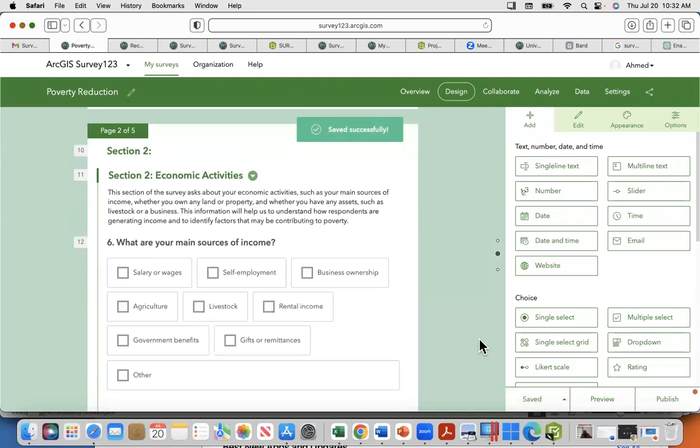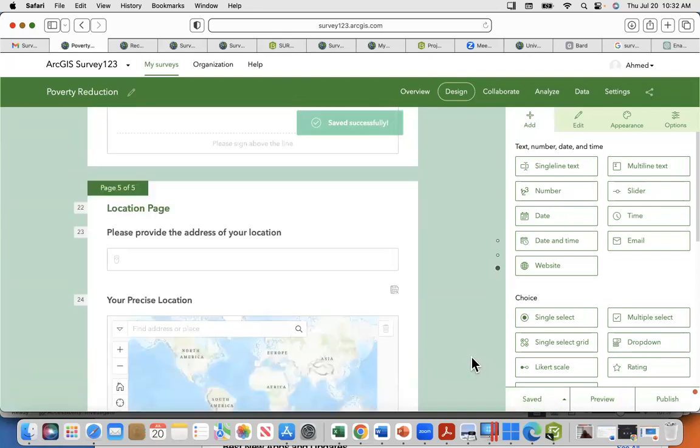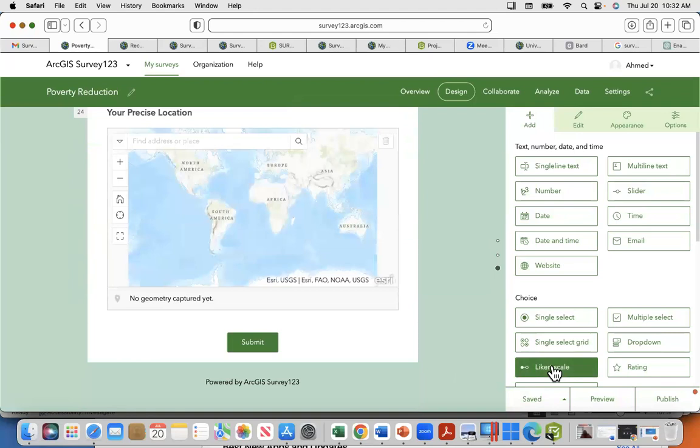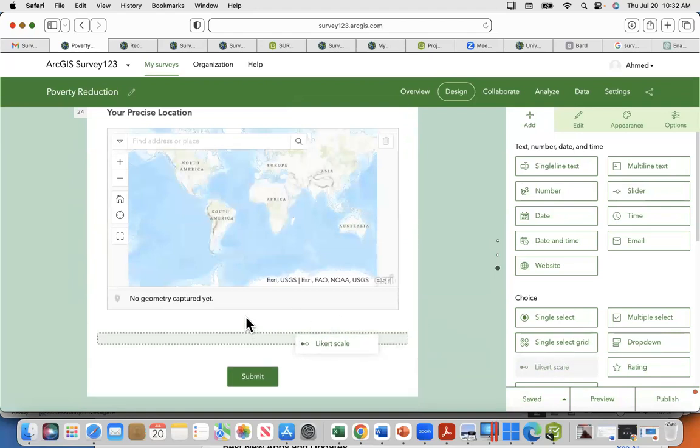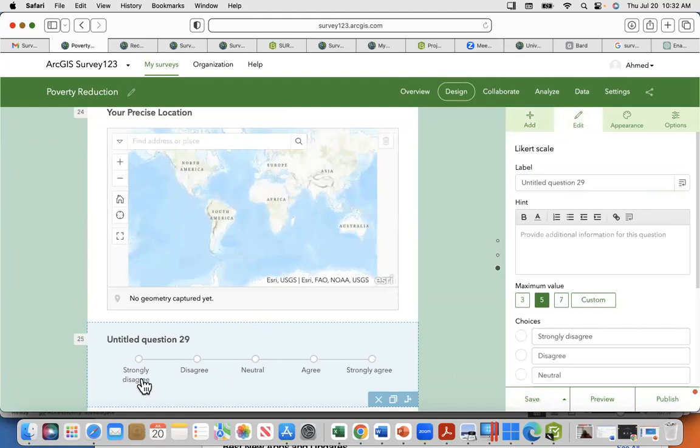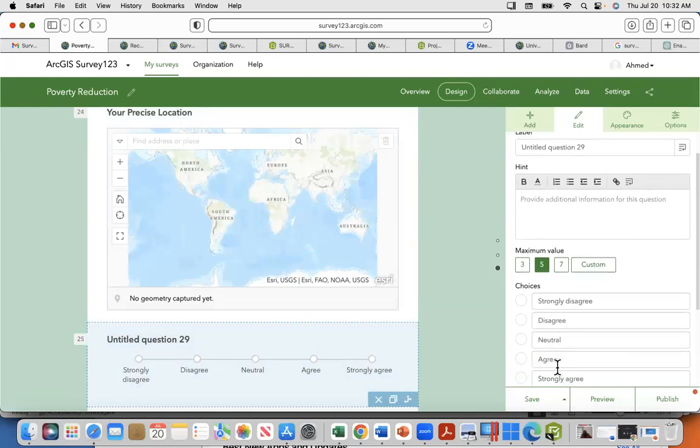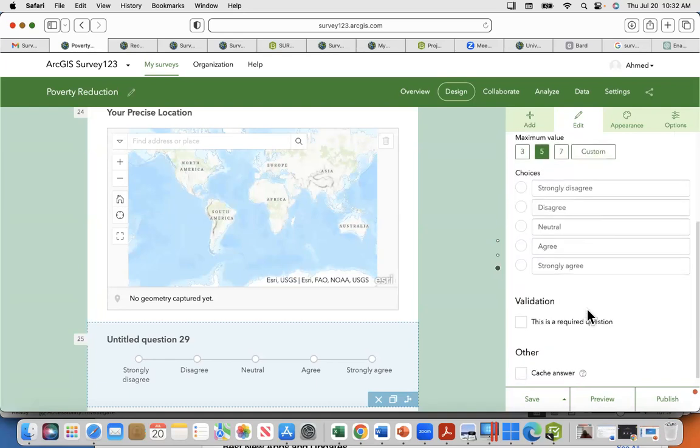Okay, it's good. We also have some options we didn't even make attempt to use. We have things like Likert scale. This is Likert scale, where you have strongly agree. It could be anything. Actually, you have the option to customize your choices as much as possible. Could be anything. Okay, so